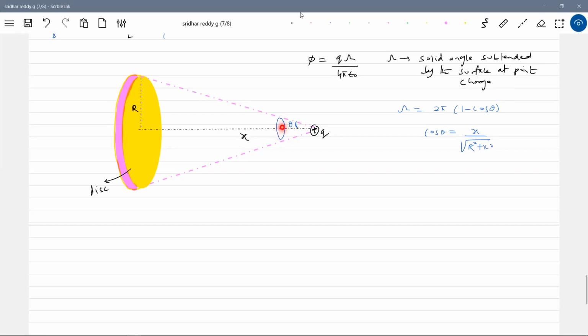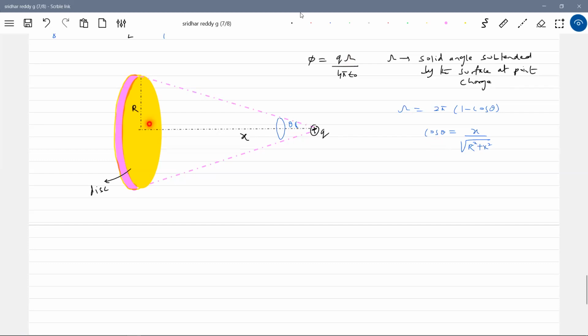Okay, let's not go into detail because we need a lot of time, and for different types of surfaces, the formula will change. This is for a circular disc. When the surface is a circular surface, then there's a formula. For a square, one more formula. For a rectangle, another formula. For a rhombus, again a different formula. For a triangular plate, again a different formula. Like that, for different types of surfaces, the solid angle formula will become different.